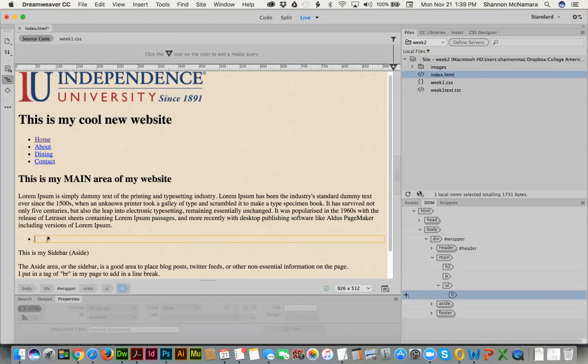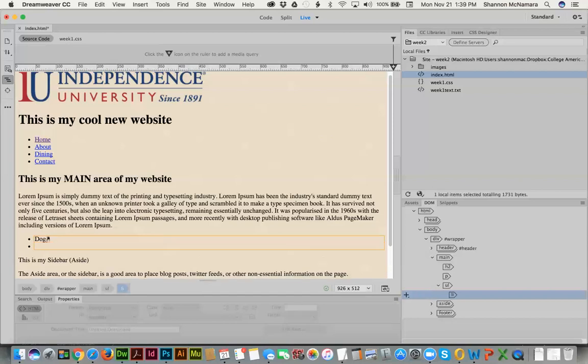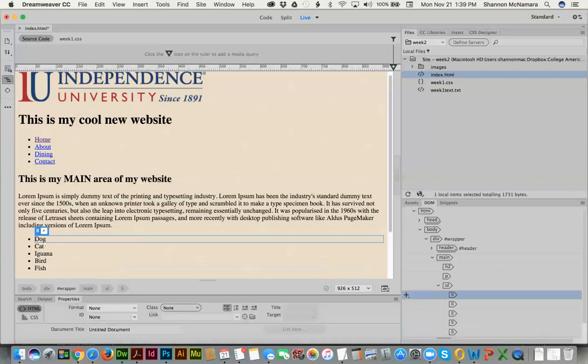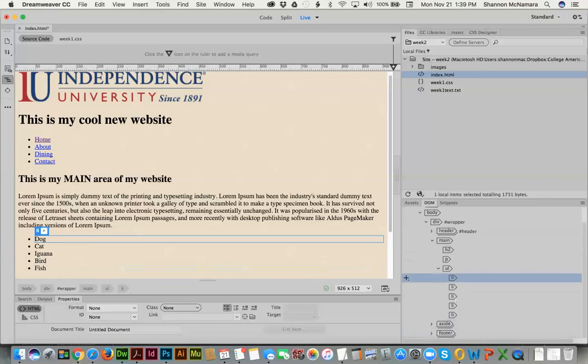I'm going to type in different animals. So I'm going to say dog, and I'm going to hit enter, and that'll add the next bullet point. Then I'm going to say cat. Then I'm going to say iguana. Then I'm going to say bird, and hit enter, fish. All right, so I added in 5 list items, which you can see it added all the code in over